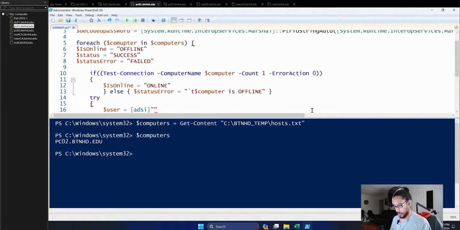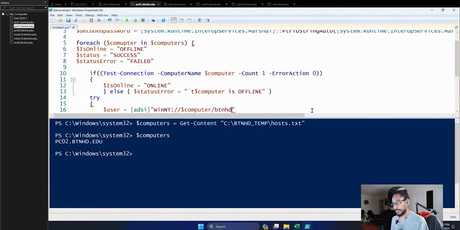Now inside here we're going to enter the following: WinNT colon, backslash backslash, no, actually forward slash, $computer.